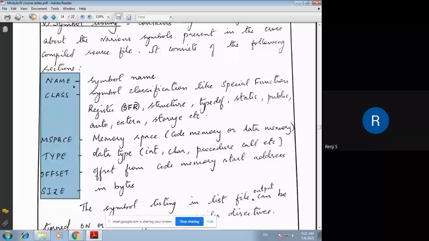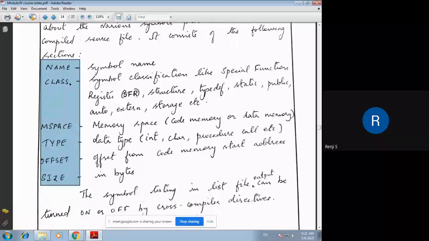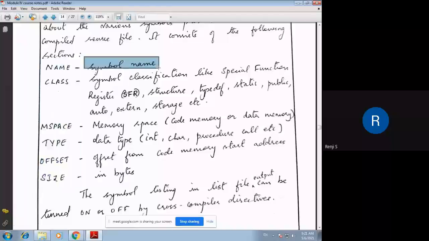That is the name of the symbol that you have used in your program. Then the class, that is the class to which this particular name belongs. It can be a special function register, a structure, a type definition, a static variable or a public, auto, extern, storage.